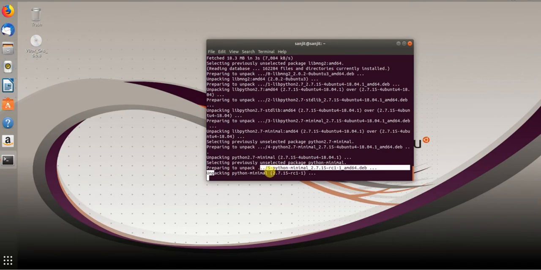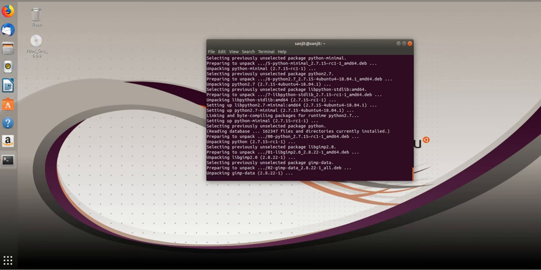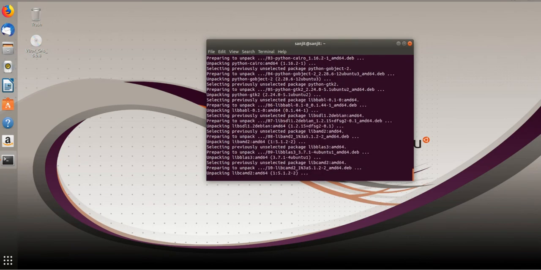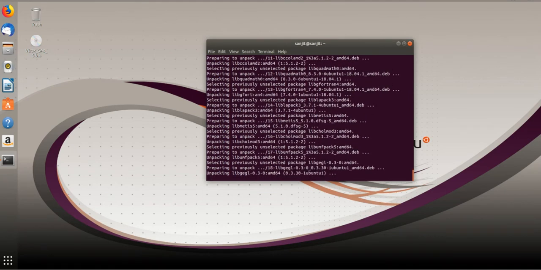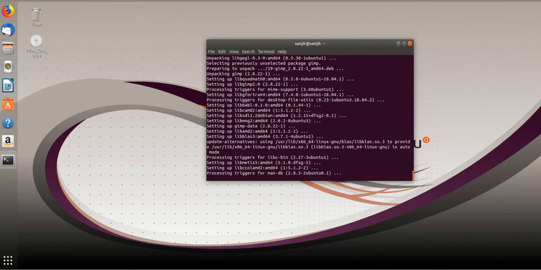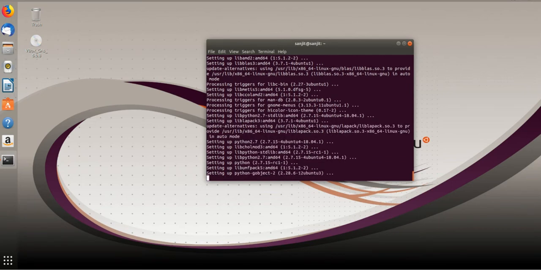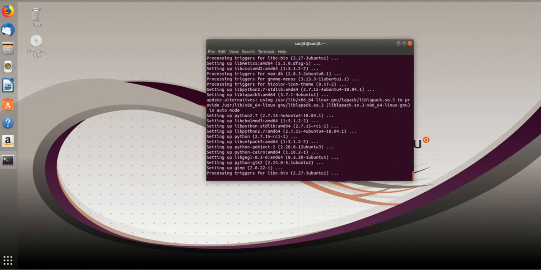You see, it's unpacking, which means it's opening them for you and trying to install them in the backend. Yep, so it has been done.